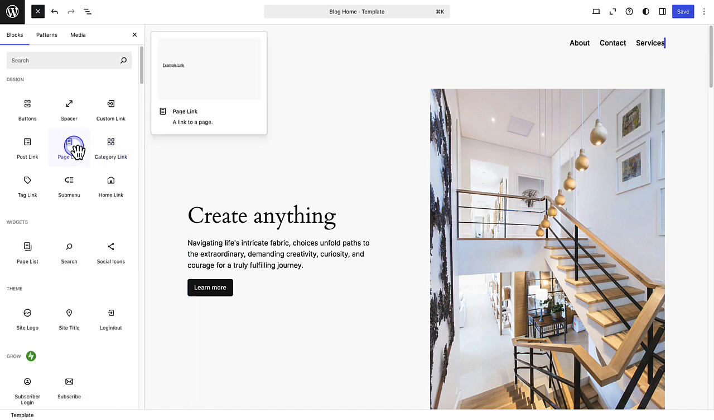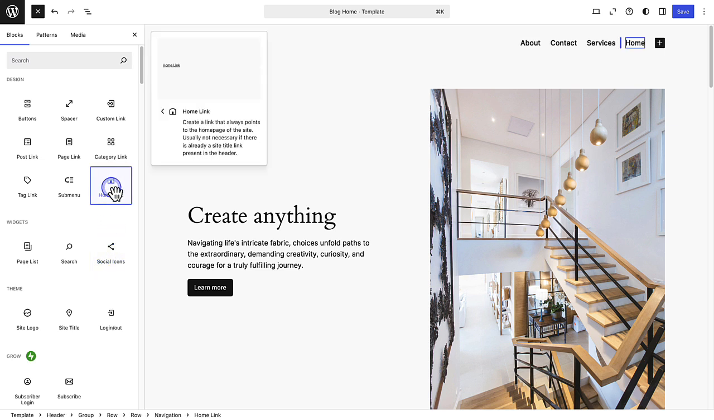You can add a page link to add any published page on your site to your menu. Or you can add a custom link to add any link to your menu, even if it's a link to another website. You can also add buttons, a search box, social media icons, and more. Next, I want to add a link to my home page so visitors can always return to the front page of my website. So I can go to the home page link, and in one click, it will be added